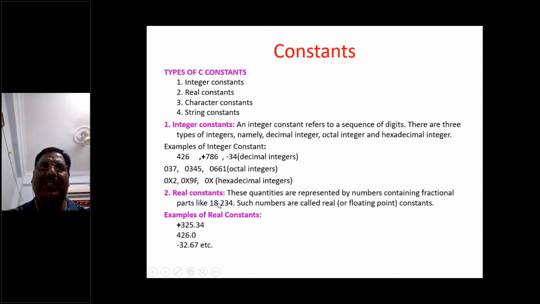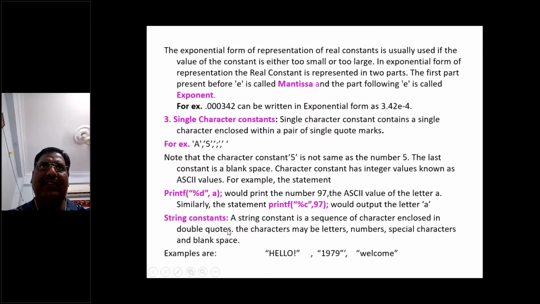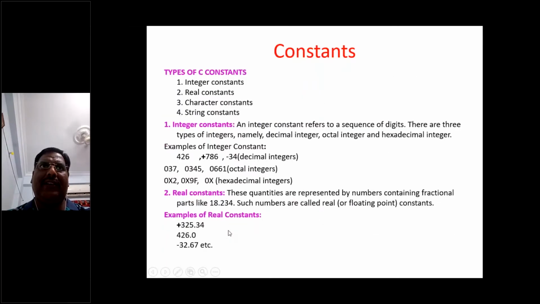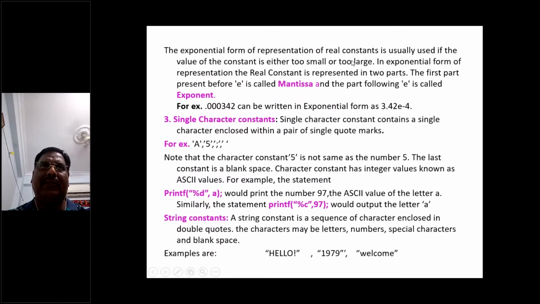Real constants are positive and negative values such as 18.234, called real floating point numbers. Whatever floating points there are, we call them real constants. The exponential form of 0.00342 can be written as 3.42e-4. The next one is string and character constants.